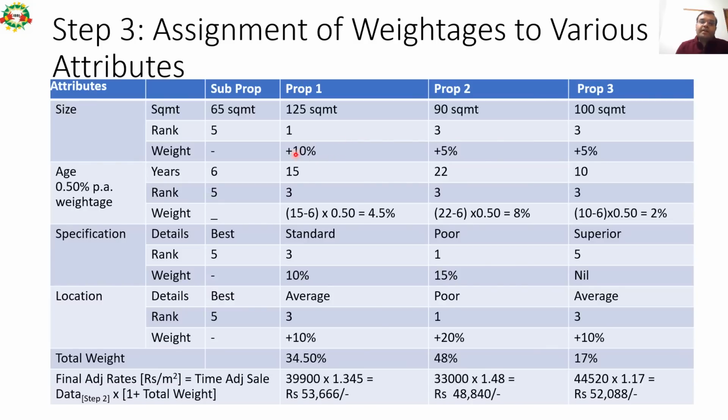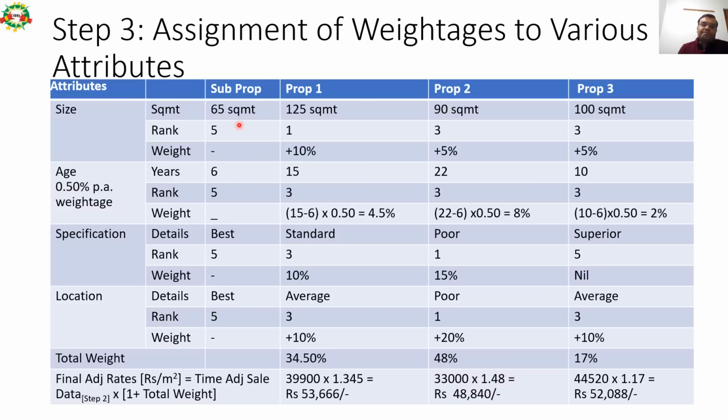To make it comparable to the subject property, we have to give a price escalation of, say, 10%. In this case, all these assumptions will be given in the question; you have to put in this data. Properties number 2 and 3 both have a ranking of 3 as discussed in the previous slide, so we have to increase their prices by at least 5% to make them equivalent to